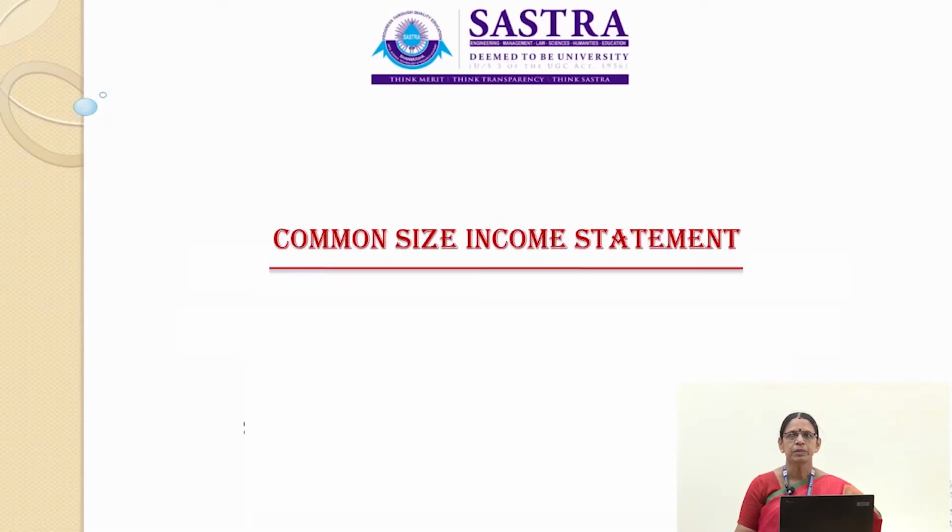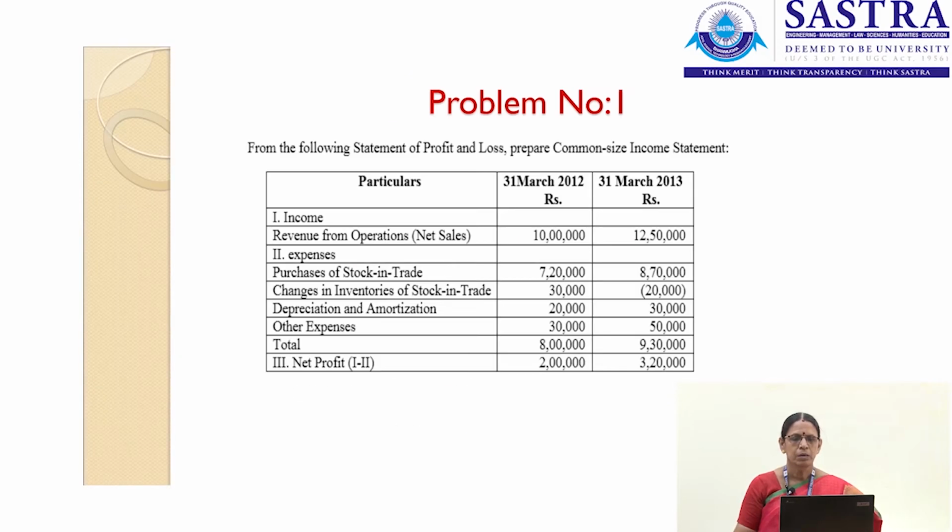In this session, we shall see about common size income statement. We shall pass on to the problem number 1. From the following statement of profit and loss, prepare a common size income statement. We have 31st March 2012 and 31st March 2013. We have the income, namely revenue from operations, that is the revenue from sales, 10 lakhs for 2012, 12 lakh and 50,000 for 2013. We shall see about the expenses,